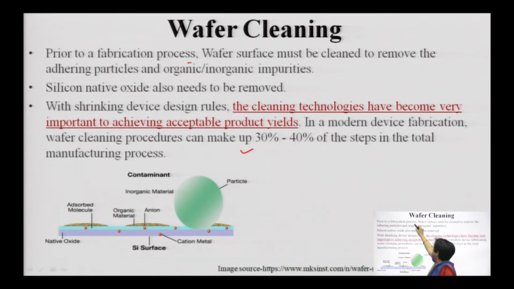I told you that before the fabrication process, the wafer surface must be clean. For example, we are going to study epitaxy. Epitaxial growth replicates the surface layer. So, if the surface layer itself is not proper, the replication will also get affected, and that you do not want to happen. Therefore, it is very important to clean the surface, and any particle adhered on the surface has to be removed prior to any subsequent processing, whether layer deposition, epitaxial growth or oxide, because oxide also may have oxide trap impurities which may degrade the performance of the oxide layer which is deposited.